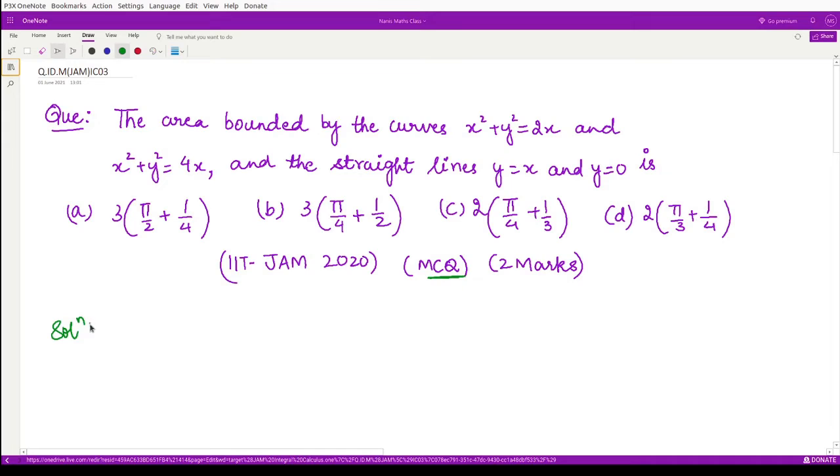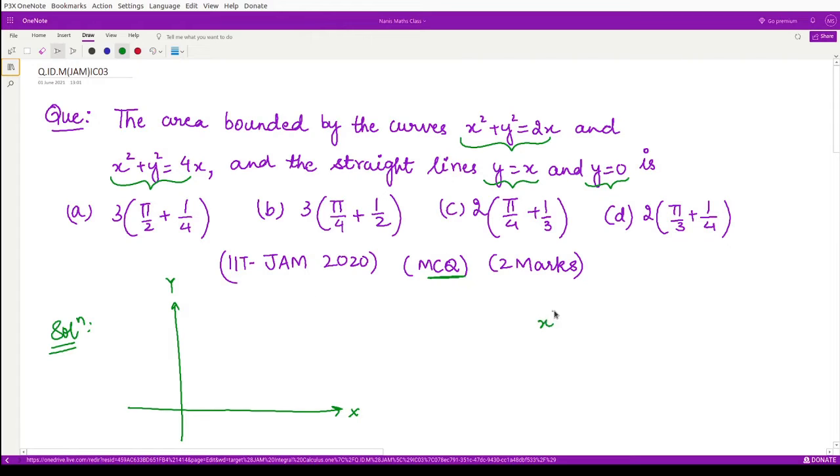So for the solution, in order to calculate the area bounded by the curves, we are to see what is the region bounded by these four curves, these two circles and these two straight lines. So let us first visualize this thing. So let me draw the coordinate axis. This is your x-axis, this is y-axis. So accordingly, you have here